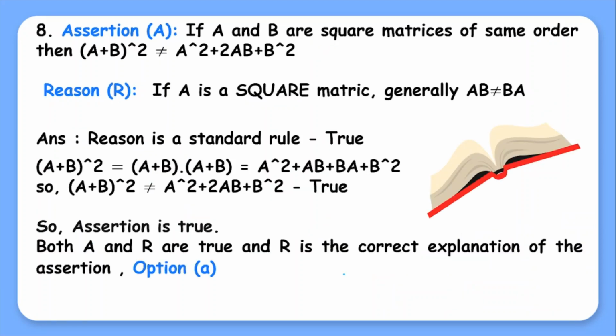Question 8. If A and B are square matrices of the same order, then (A plus B) the whole square is not equal to A square plus 2AB plus B square. It is the assertion. Just like an algebraic identity, it is expanded, but we should remember that A and B are square matrices. Generally in matrices, AB is different from BA. We should remember that. In the reason it is mentioned that if A, B are square matrices,